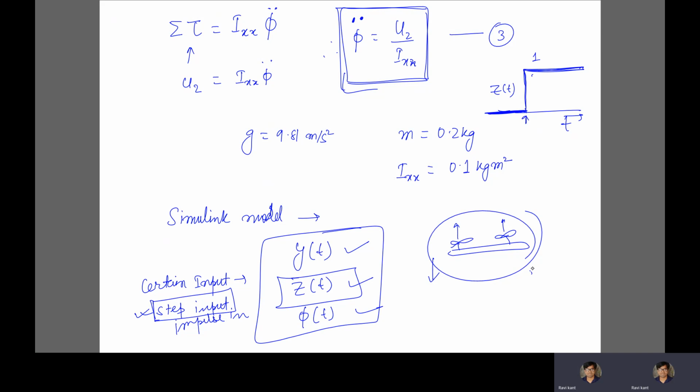So how would this particular system respond to this input? Not only in z, we can also try to rotate it with some angle. I could give a unit step input in the angle as well. I just want to twist it in a certain way, and then see how it behaves. This would be our first step, and the second step is to design